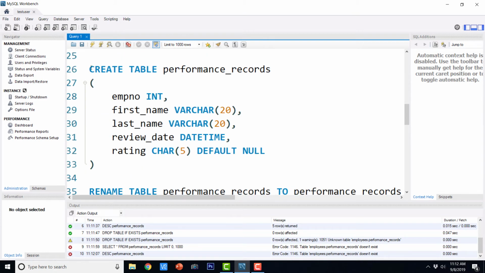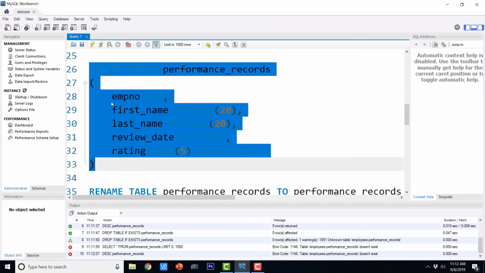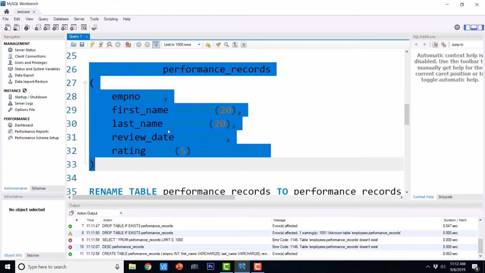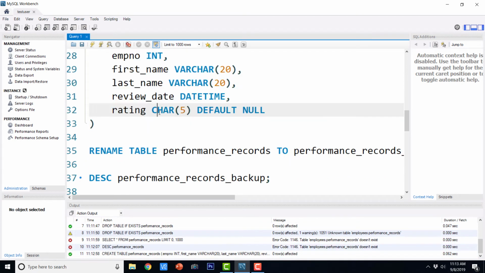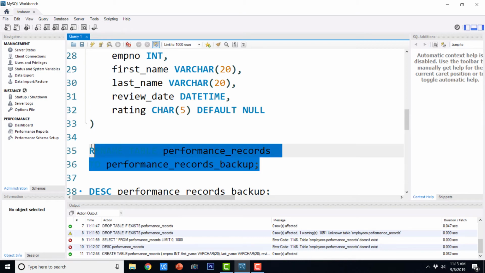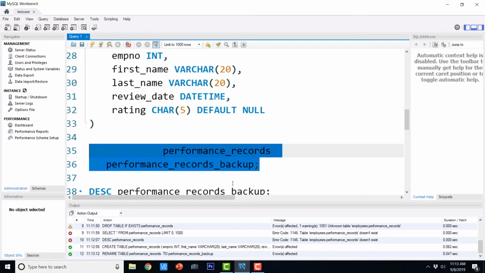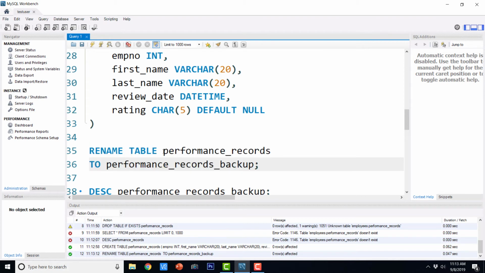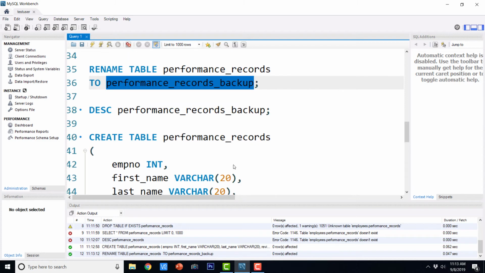Now I am going to recreate the table by running the query. And I can even rename the table. See, this is the rename query: rename table performance records to performance records backup. So it is going to create a backup, renaming the original table structure as performance records backup.